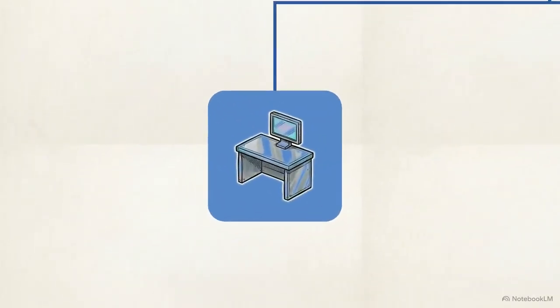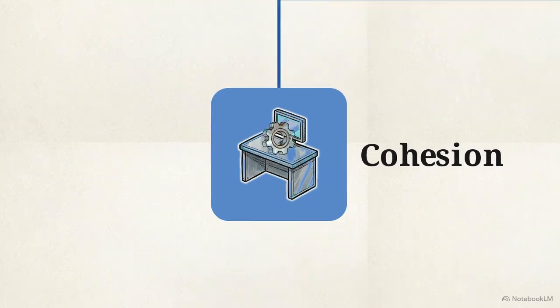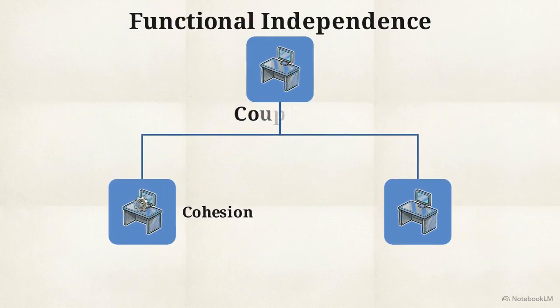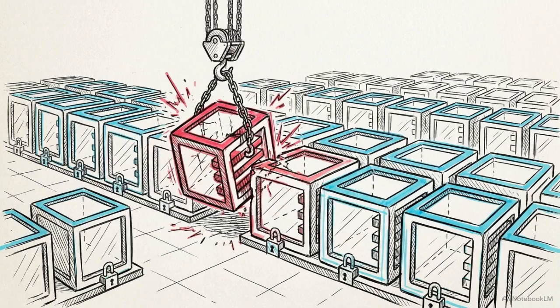We measure this independence with two specific metrics. The first is cohesion, which means internal single-mindedness. A cohesive module doesn't multitask. The second is coupling, how connected a module is to the outside world. We want low coupling, meaning the module communicates as little as possible with other parts of the system. By prioritizing high cohesion and low coupling, you isolate failures. If a bug appears in a specific feature, you can swap out that specific module without triggering a cascading collapse